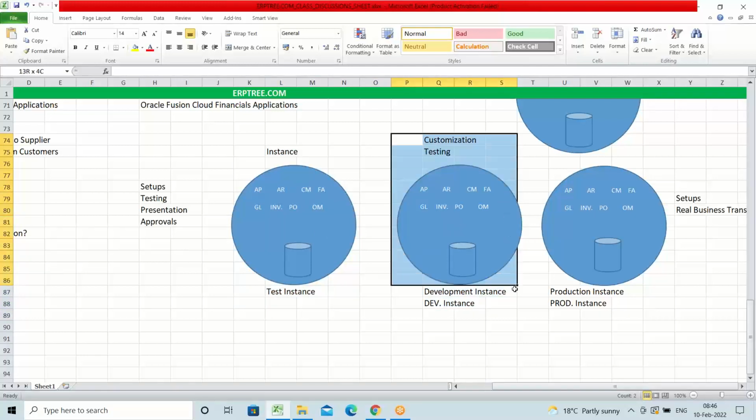Any new developments or new customizations need to be done as per business requirements. We always do that in the development instance and test. Then if everything is fine, that development, the page, the report, or some interface, etc., we can move to this production. Okay, so